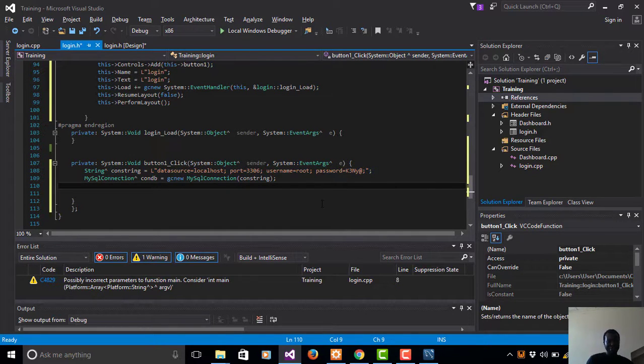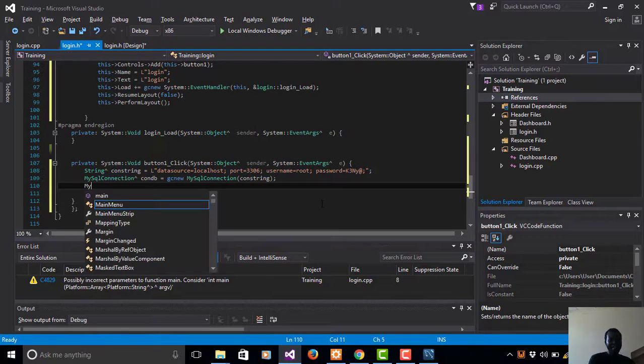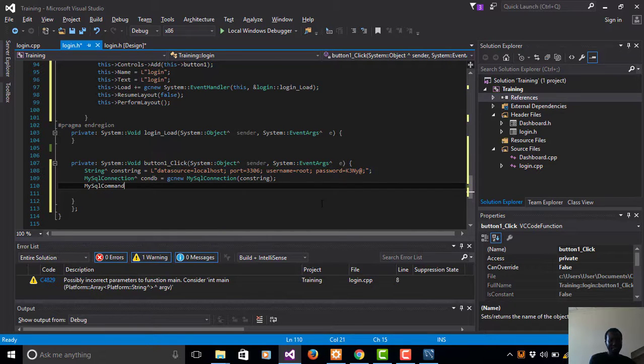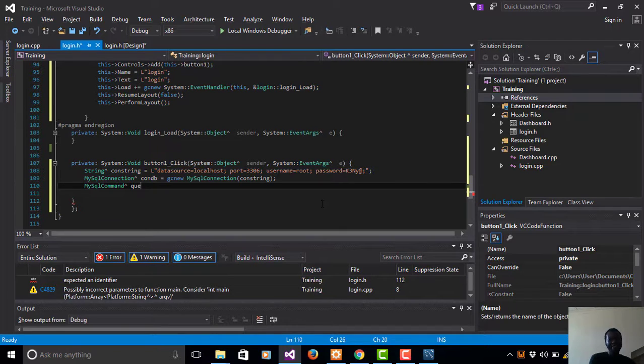And then we have to create a command now. Now this bit is going to query our database, okay? So we say MySQL command, give it a cap sign. Let's do a query. So that's going to be our query, or any other thing. Don't have to be rigid. You can give it a name here. So let me just do query is equal to,